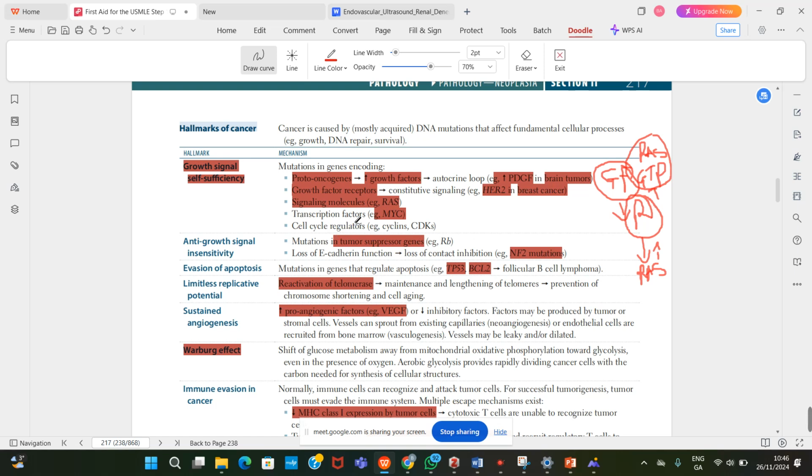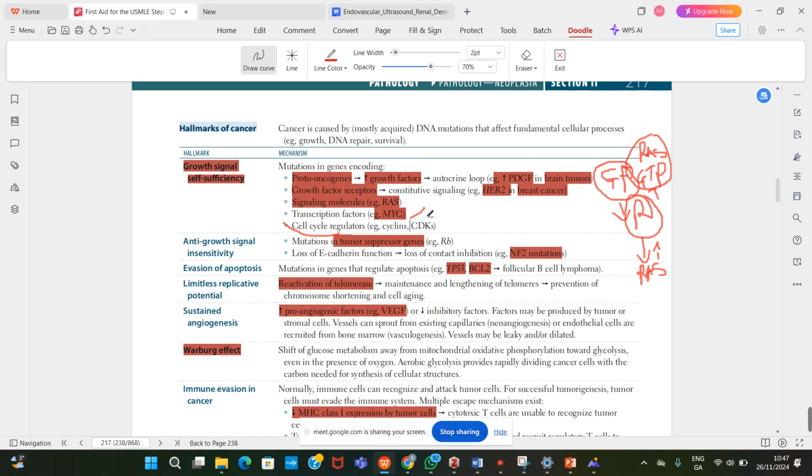Now, what will transcription factors do? Transcription factors will just come and be increasing expression of certain genes. And what do these genes code for? They code for proteins that drive cell cycle progression. An example of that transcription factor is going to be MYC. We have the C-MYC, the N-MYC. They are transcription factors. When you say transcription, meaning increased expression of a gene. And what gene are we talking about? Genes that code for proteins that increase growth. So you can have a MYC mutation, gain of function mutation of MYC, that will just constitutively be activating your